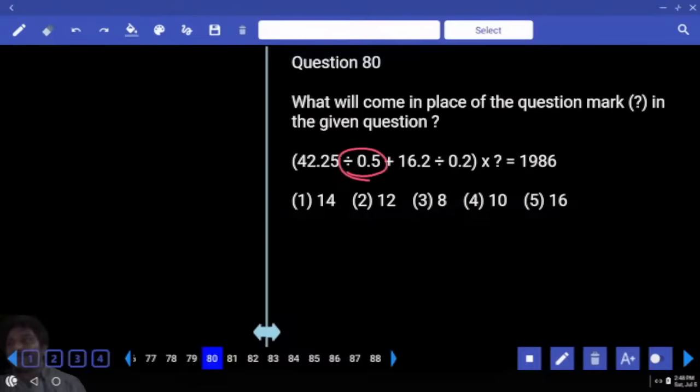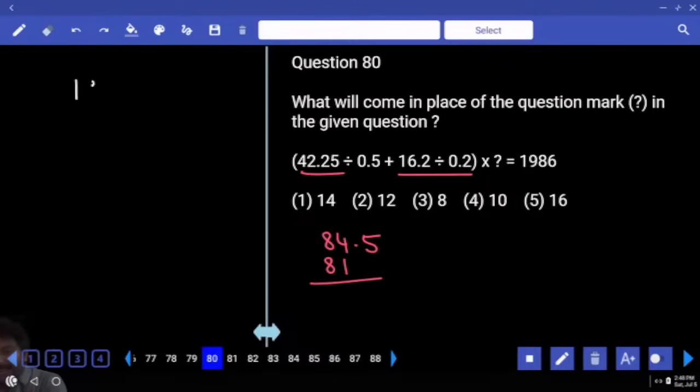Divided by 0.5. 0.5, can I write it as 1 by 2? Divided by 1 by 2. Denominator and denominator, 2 comes to numerator. Then 2 times of this number, 84.5. Can I write this number as 162 divided by 2? Because there is only one digit after decimal in both the numerator and denominator. 162 by 2, 81. Then sum becomes